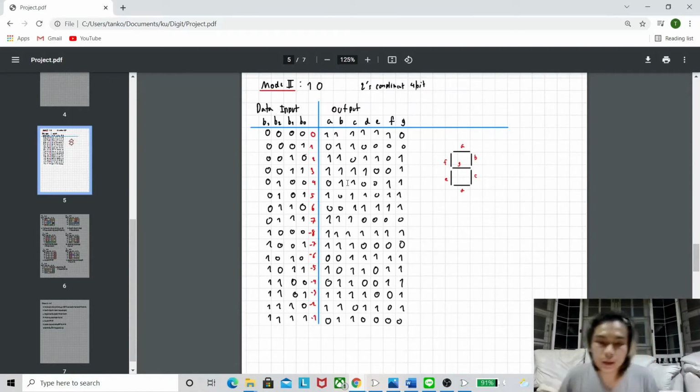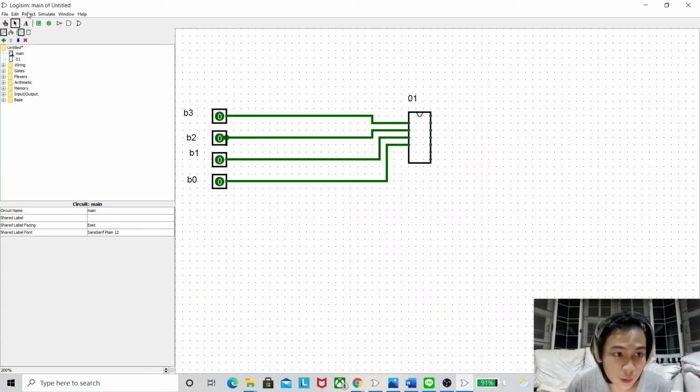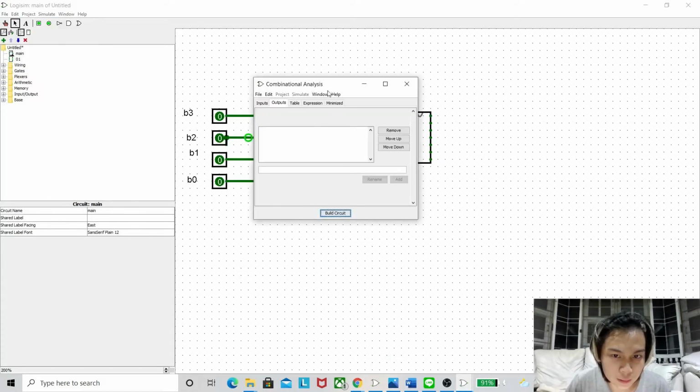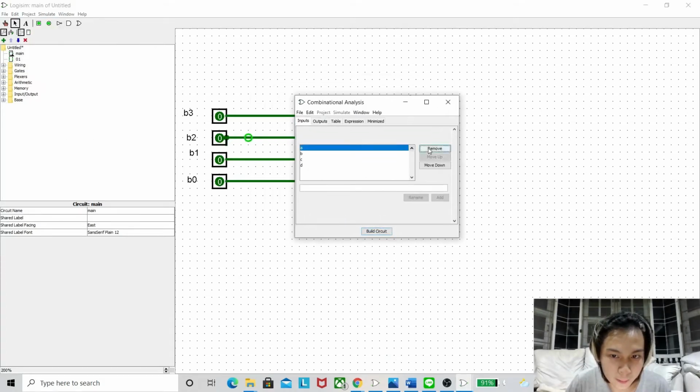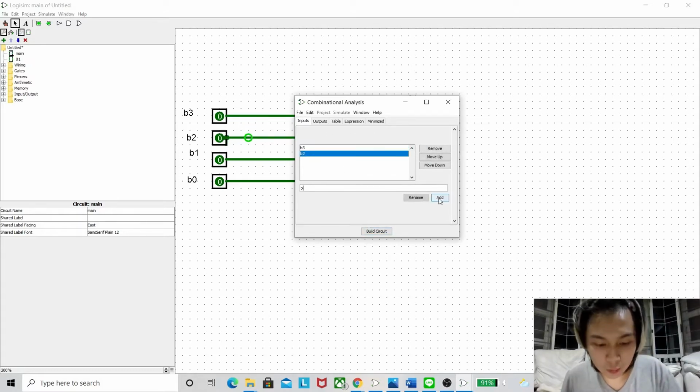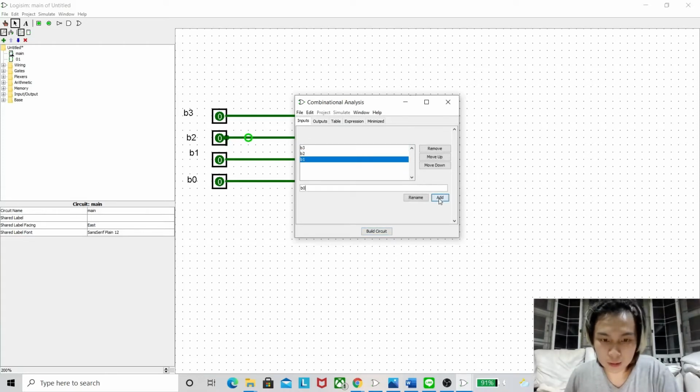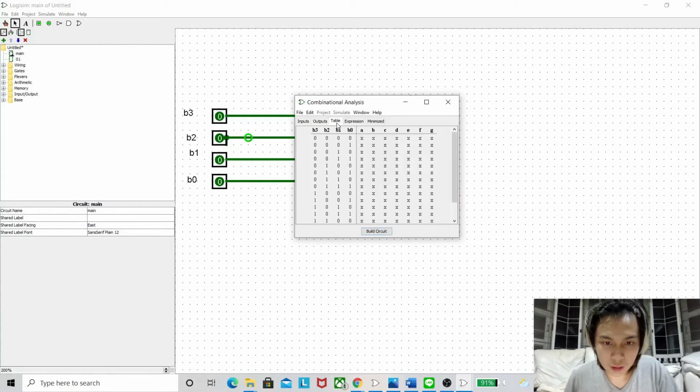Then we insert our truth table into the program. We do the same as in mode 1. We have inputs B3, B2, B1, and B0, and the same outputs A, B, C, D, E, F, and G. Then the table will appear. When we insert our outputs of mode 2,